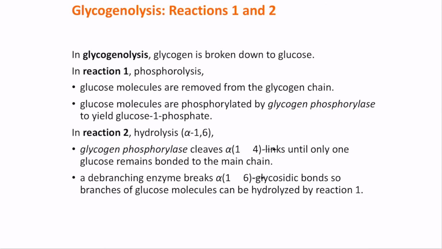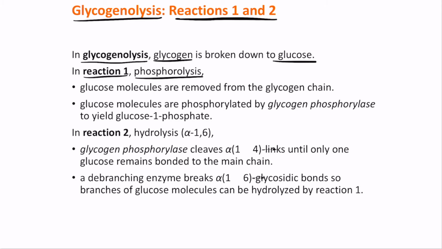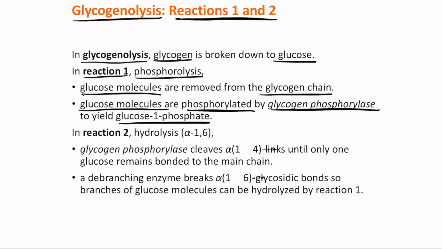Next, let's talk about glycogenolysis, which is reactions 1 and 2. In glycogenolysis, glycogen is broken down to glucose. In reaction 1, phosphorolysis, the glucose molecules are removed from the glycogen chain and phosphorylated by glycogen phosphorylase to yield glucose 1 phosphate. And in reaction 2, hydrolysis, where the alpha 1,6